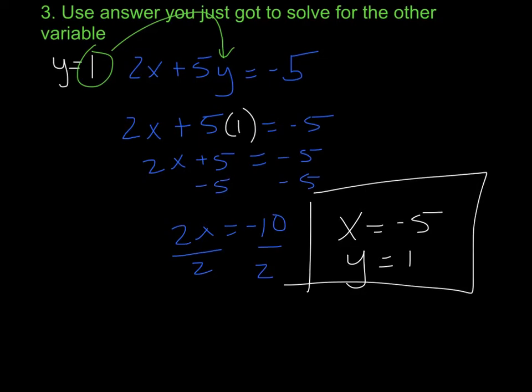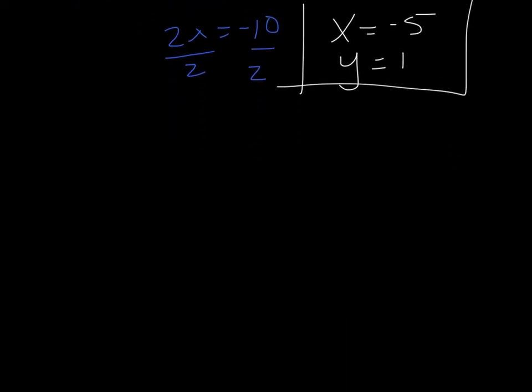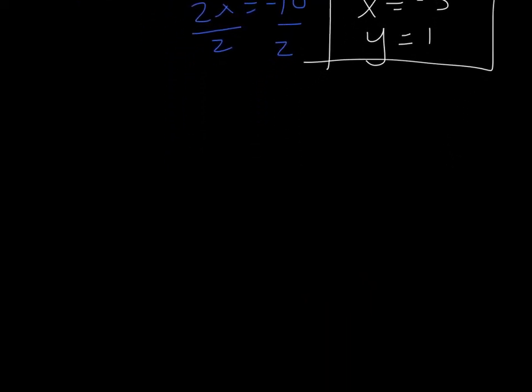Alright, so let's do one more example of this. This one will go a little bit faster, and I won't write down all the steps because you can look at those earlier in the video. But let's say for this one I want to solve 3x plus 2y equals 1, and negative 2x plus y